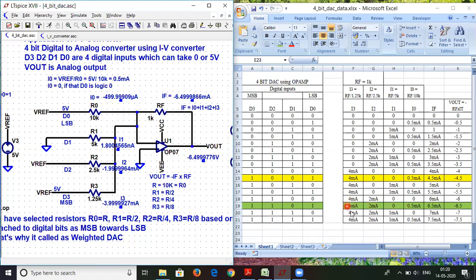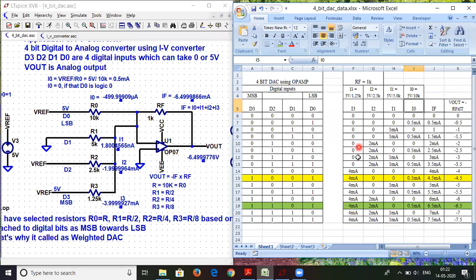We have already talked about why we got 4 milliamperes here, because I3 is basically V reference divided by R3. So the value of I3 is coming out to be 4 milliamperes.